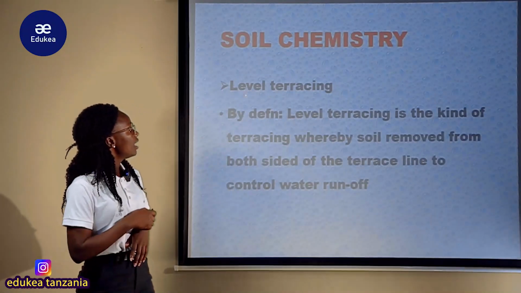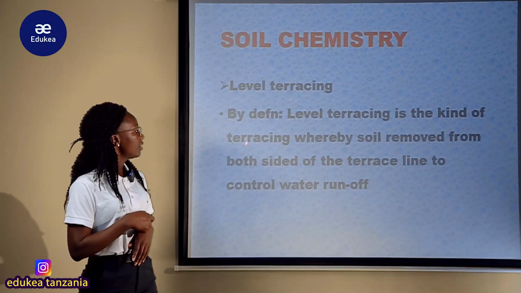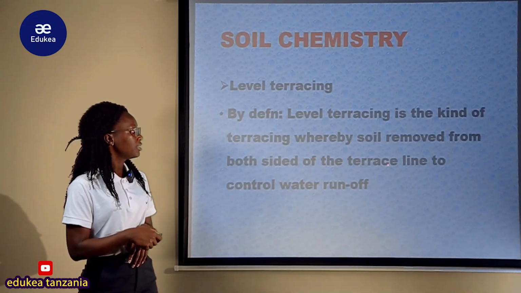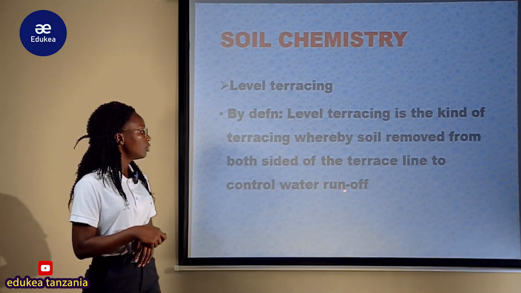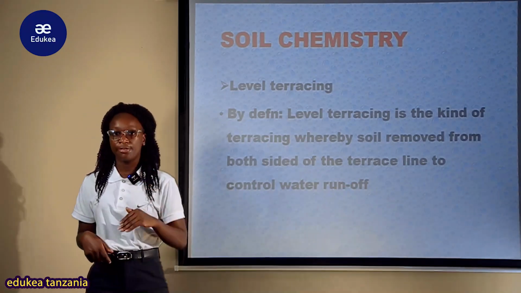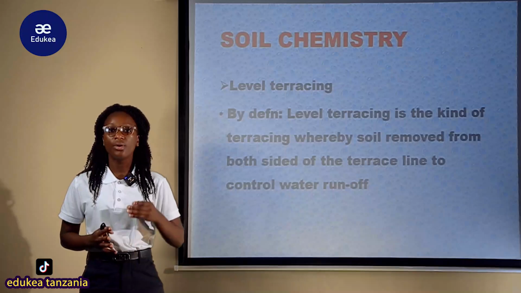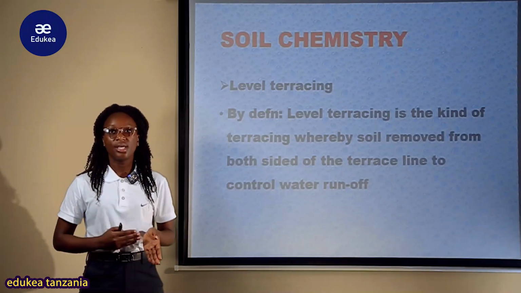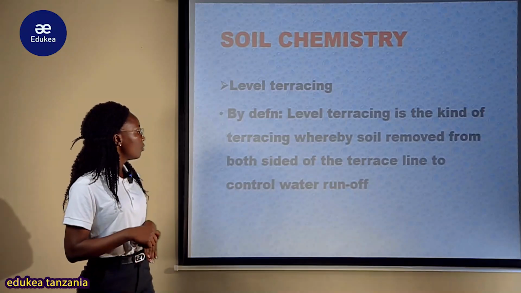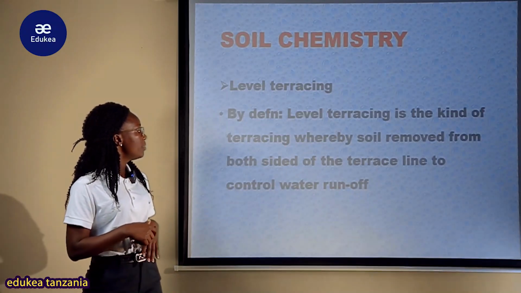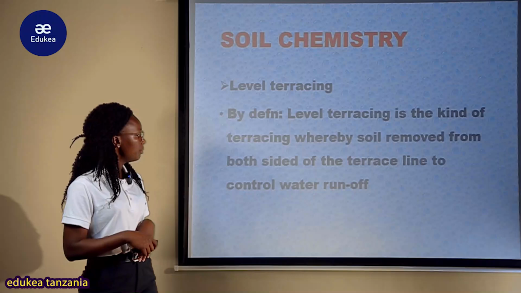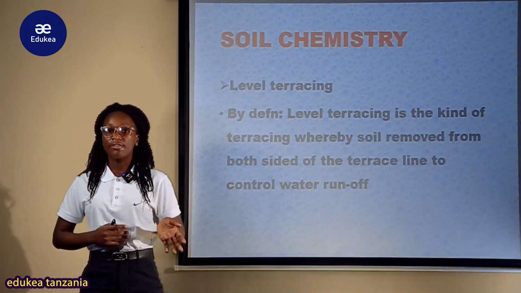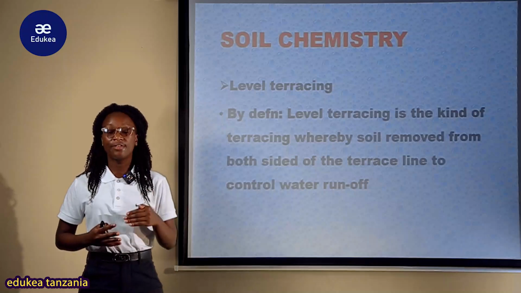For instance, level terracing is the kind of terracing whereby soil is removed from both sides of the terrace line to control water runoff. Kumbe hii ya level terracing inakuwa developed au designed in both sides. So you can see that both terraces zinakuwa developed by this mechanism. The aim is to control water runoff. Kwa hiyo maana unaweza ukadevelop hizi contour au ukadevelop hizi